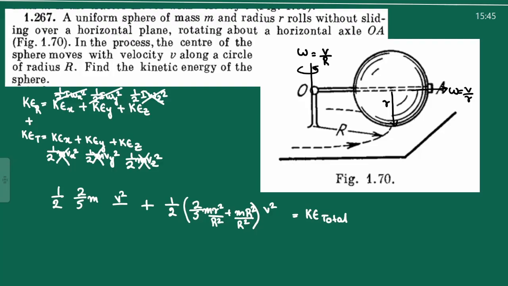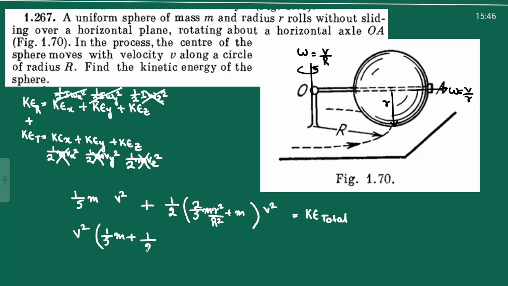Okay, so this will stay as it is. This r square and this r square will get cancelled. Understood? Now let me take common v square out here. This v square and this v square I'll take common. So v square, let me cancel out these two and these two get cancelled. So it becomes 1 by 5. So v square into 1 by 5 m